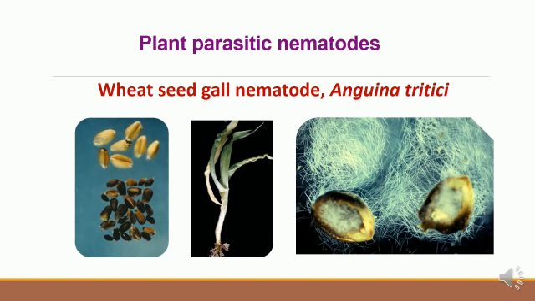Each gall may have 3000 to 12,000 second stage juveniles, J2, in quiescent stage. The last picture shows the nematode juveniles present in the seed gall. When these seed galls come in contact with moist soil, they absorb moisture and become soft. They swell, rupture, and the second stage juveniles inside the seed become active and come out into the soil within 10 to 15 days. The juveniles then invade the growing seedlings and their leaf sheath. A thin film of water is usually required on the seedling surface so that the juvenile can move to the growing tip, where it enters the endoparasitic mode of life.